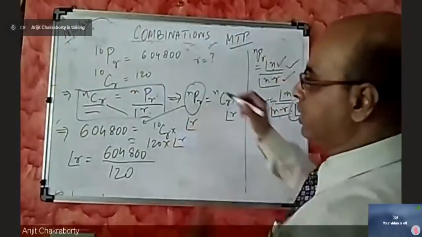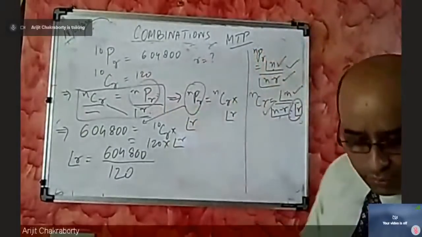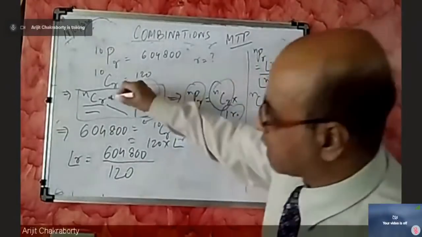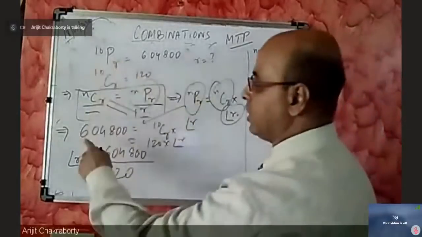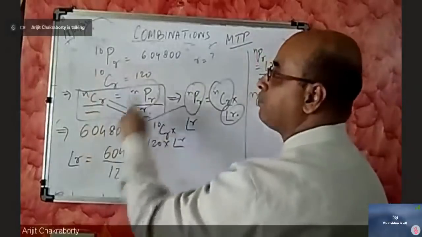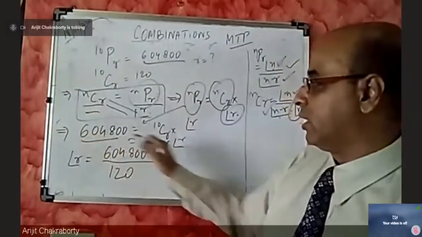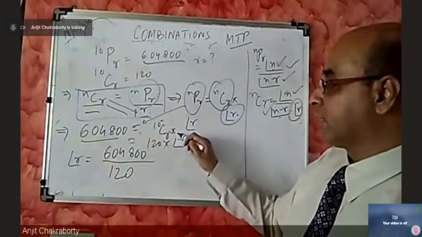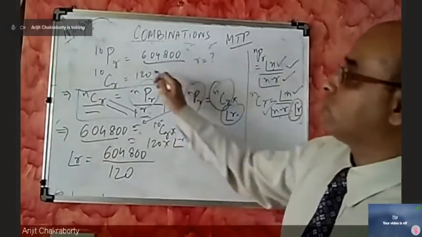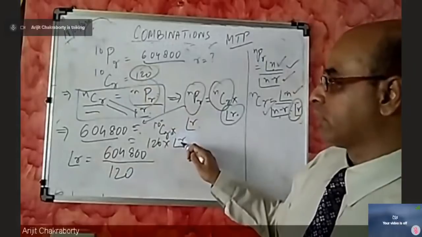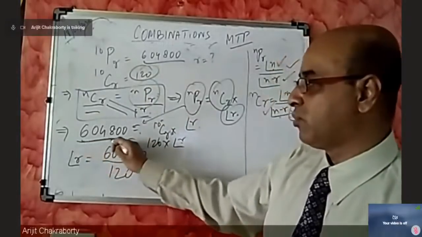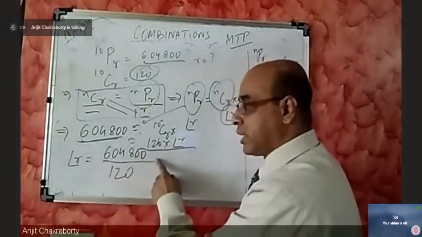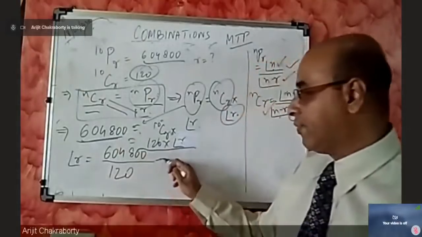On transposing, nPr is nCr into r factorial. Putting the values, 10Pr is 604800, and on the right hand side it is 10Cr multiplied by r factorial. 10Cr is 120. So the equation is 604800 is equal to 120 into r factorial. So r factorial becomes 604800 divided by 120, and this comes out to